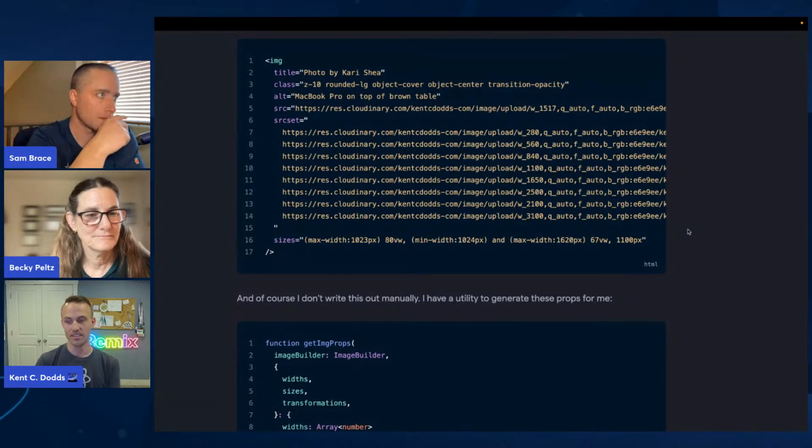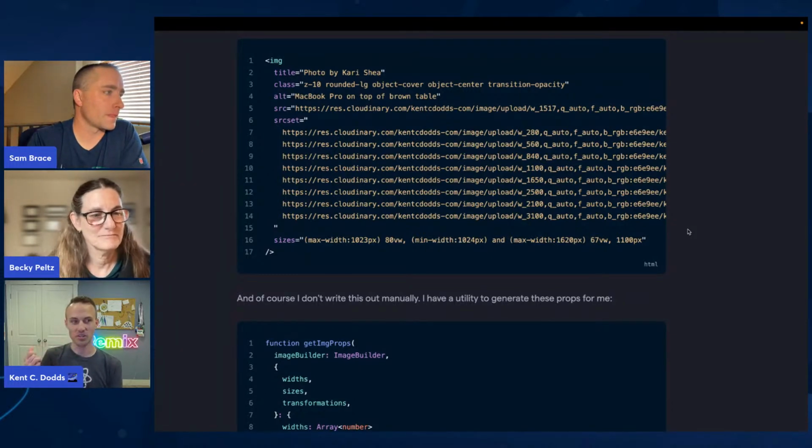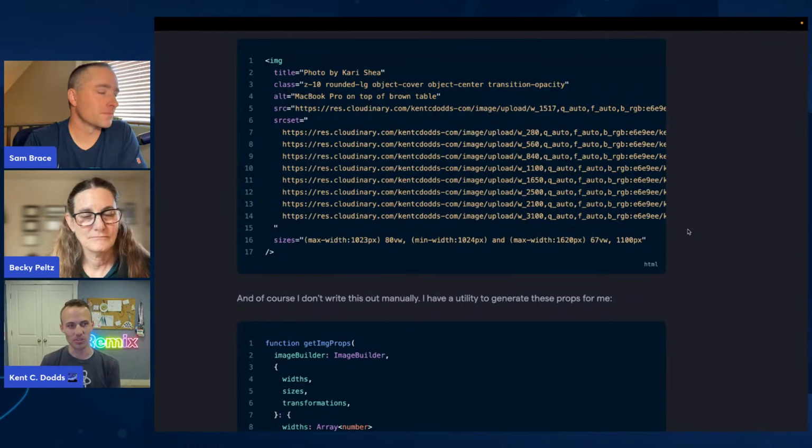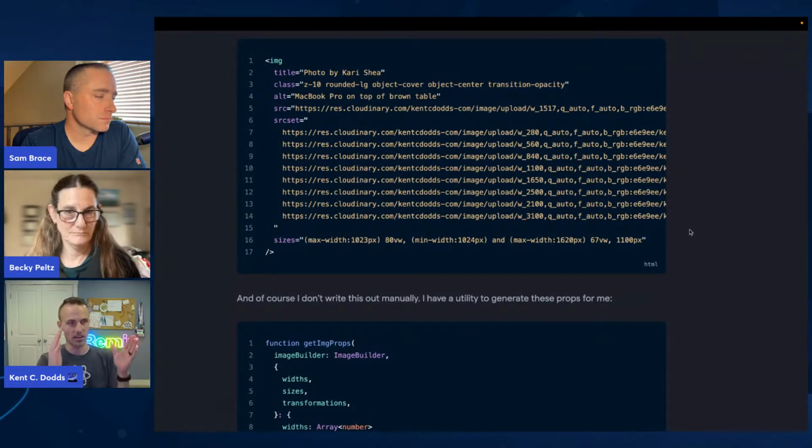Is that just saying double the next one and then going up, or are there tools or utilities that you're using? Yeah, I wish there were tools and utilities, and there may be now. But when I was writing this, I didn't know of anything. So I literally just pulled up my site, opened up the DevTools, and then just resized it every now and then,